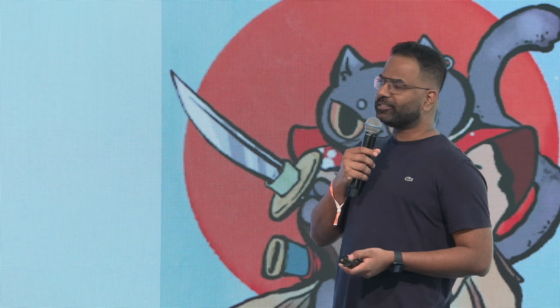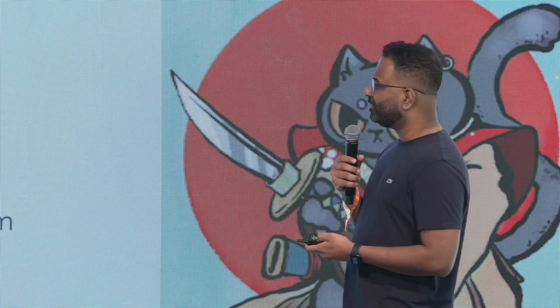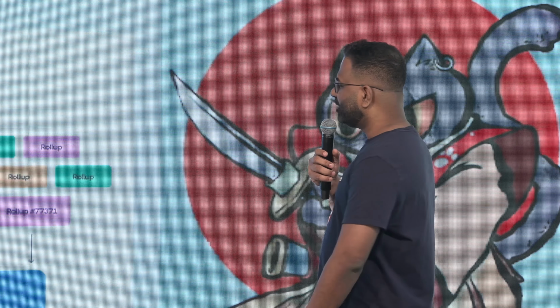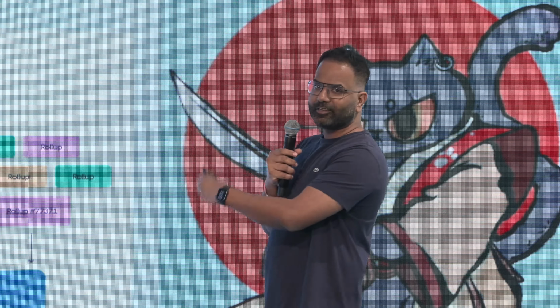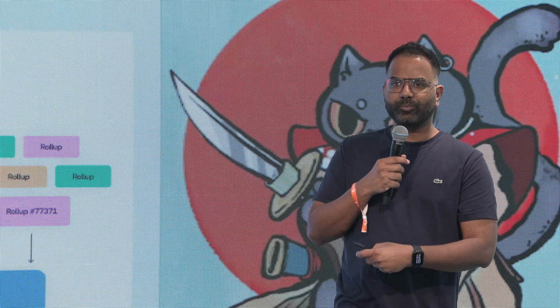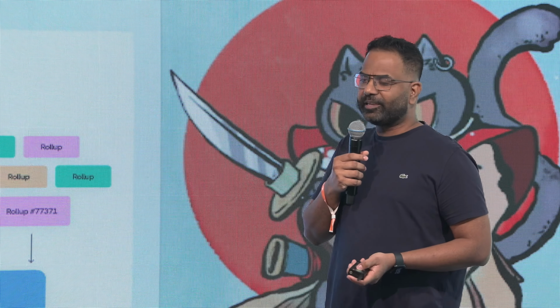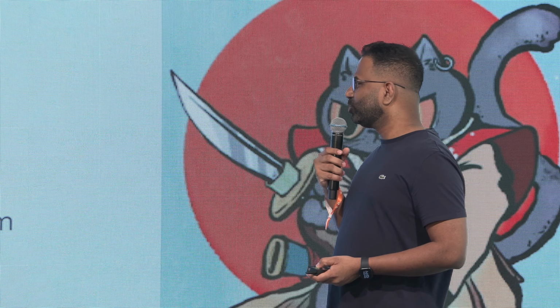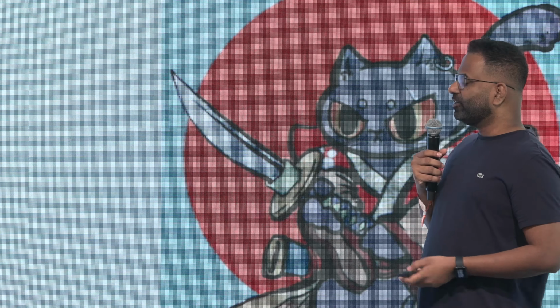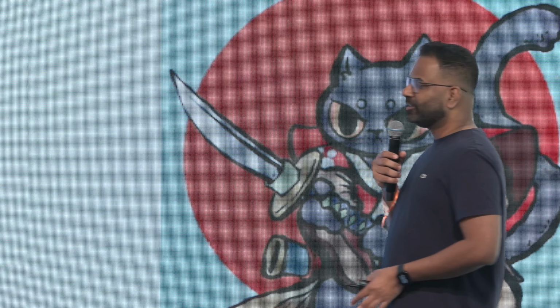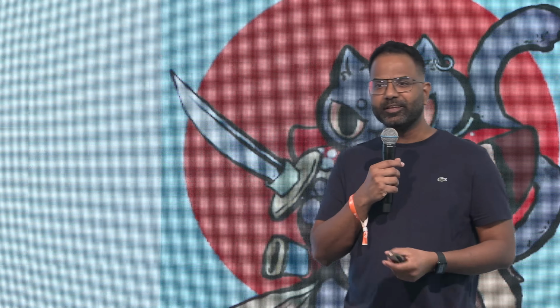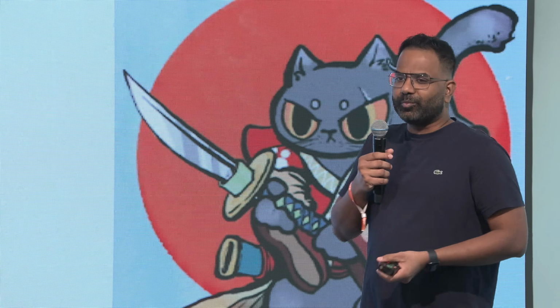So, in general, from a DA perspective, why is it important is, as I said, you need DA to scale rollups in general. And then you are basically going to end up with a lot of rollups on top, right? And so then what happens to the user experience? There are these thousands of rollups that are coming, and when you want these rollups to talk to each other, it's going to be literally a mess, right?